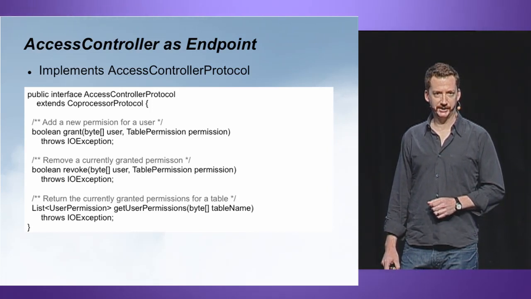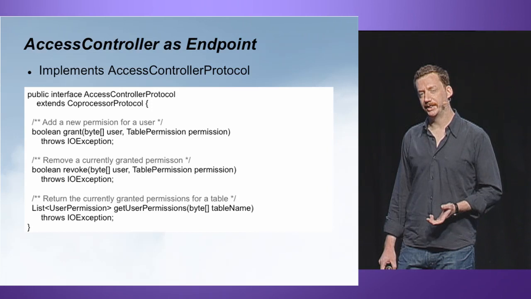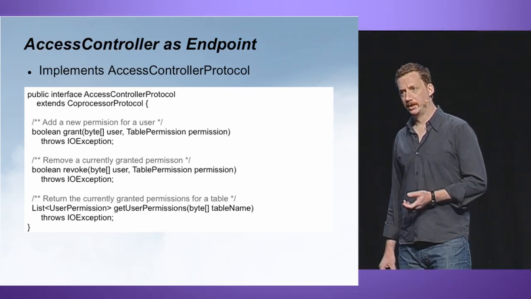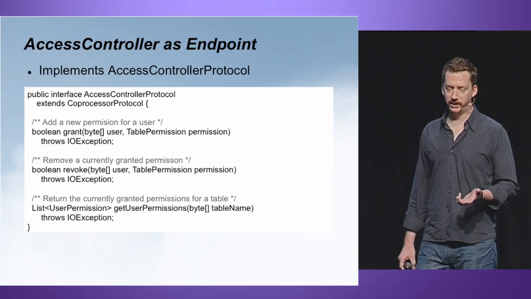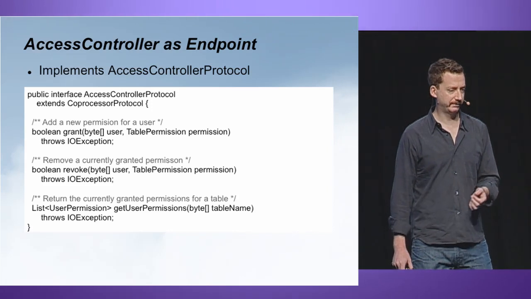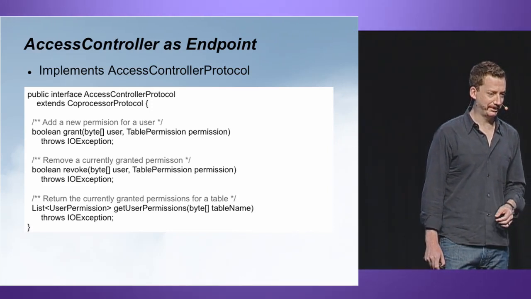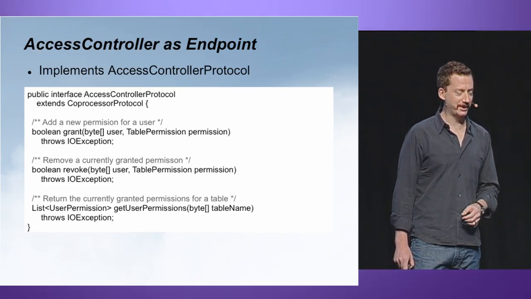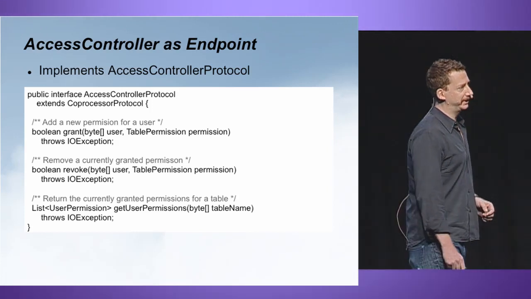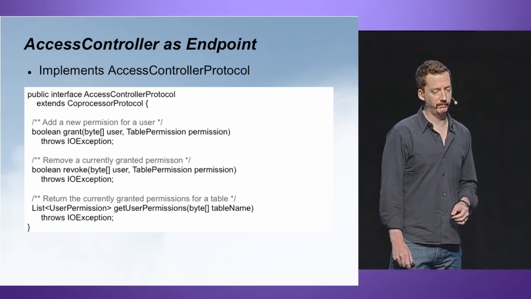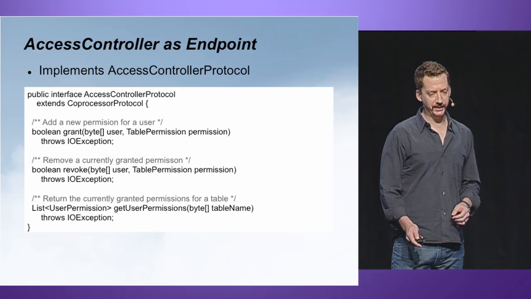In that instance, access controller functions as a coprocessor endpoint. So it defines a custom protocol that it exposes to clients. It's the aptly named access controller protocol. That defines three simple methods. In order to interact with that,